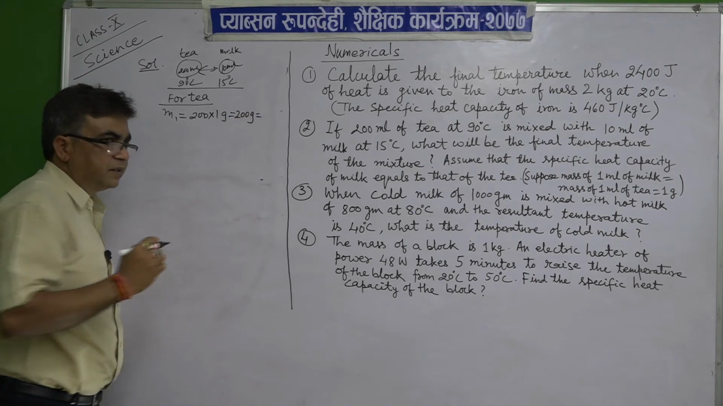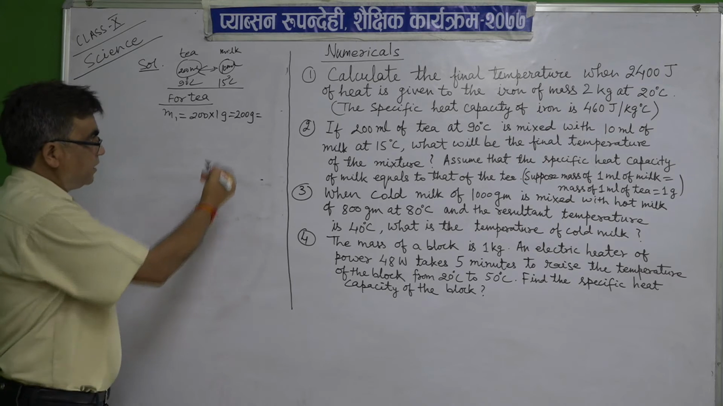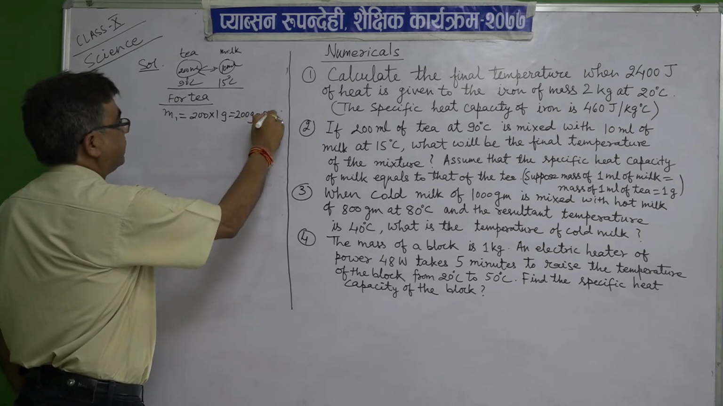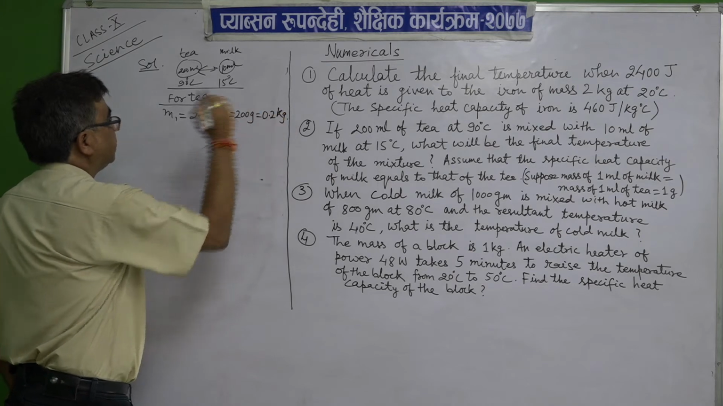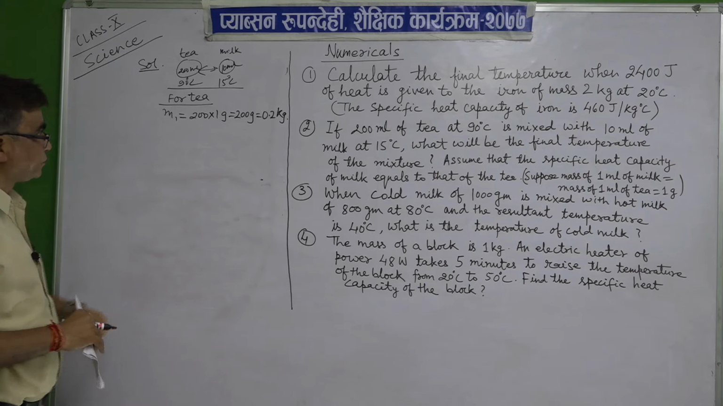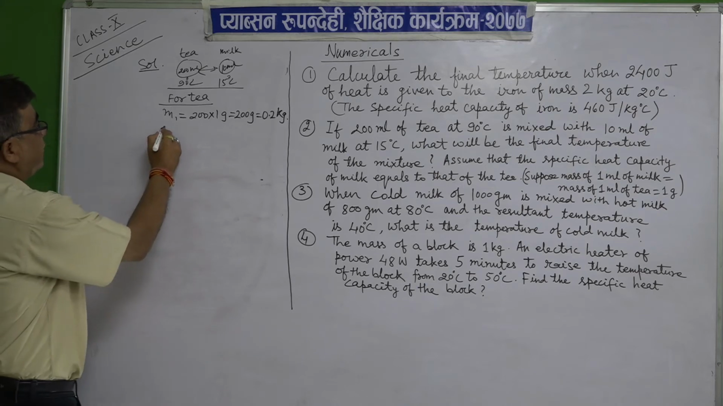But gram is not the SI unit, so you have to convert it into kg. If you divide by 1000, it will come 0.2 kg. So, for M1 we have calculated. Now, S1